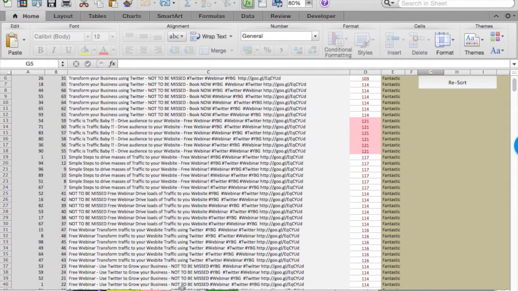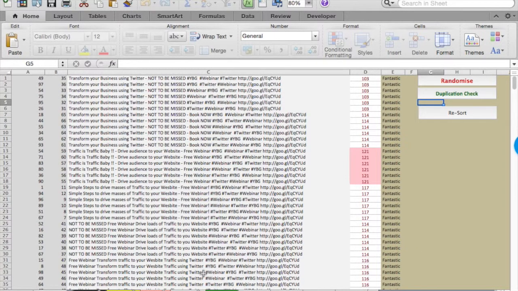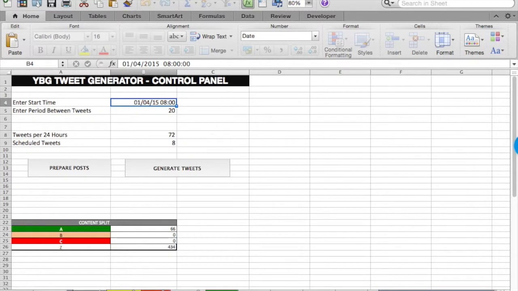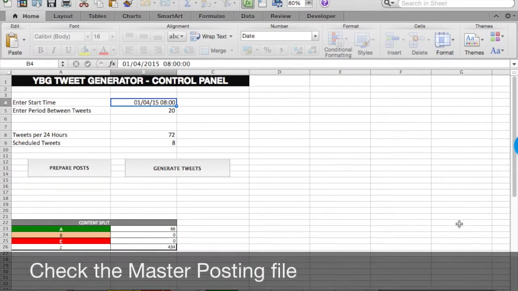If you do get any duplicates, when you upload into Hootsuite, it will flag an error, and it will say you can't upload this because there are one or more errors on the file. You then have to go back out and regenerate the file, which can be a nuisance and a pain. So back to the control panel, we know our tweets are all good now, we're ready to